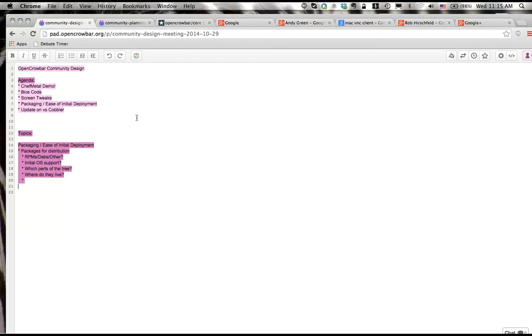We've got, wow, a pretty full agenda, and we're starting a little bit late, so we can jump right into it. We're going to demo Chef Metal. We'll talk about the latest BIOS code. We've been doing a whole bunch of screen tweaks, and we can talk about that. And then I think the real meat here is going to be packaging and ease of deployment. But a lot of the other stuff is more updatey. So let me jump to